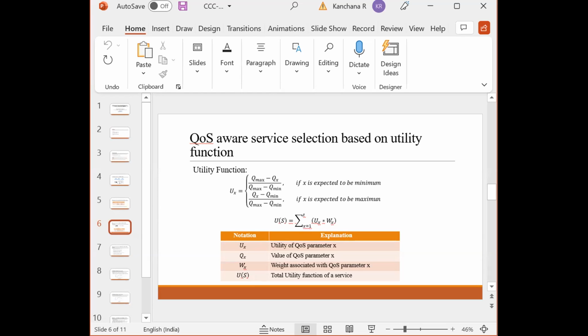Similarly, from cloud platform, we consider 2 quality of service parameters: CPU utilization and network utilization. CPU utilization,